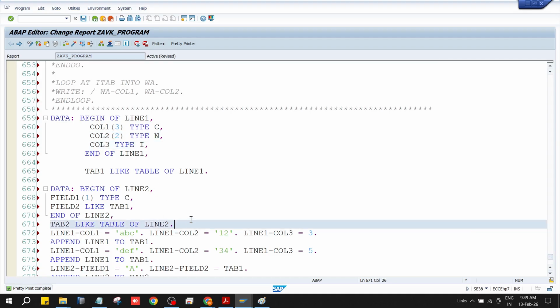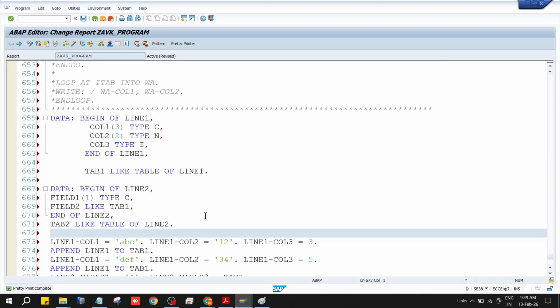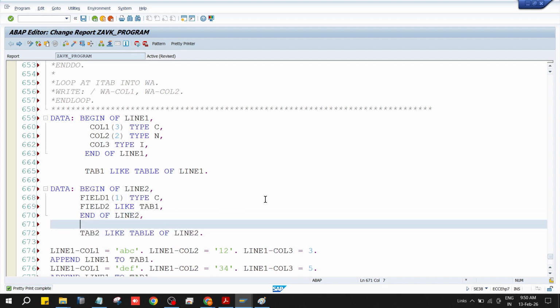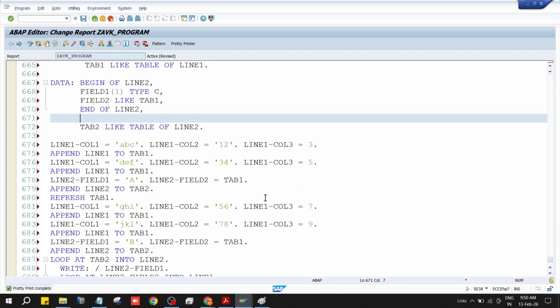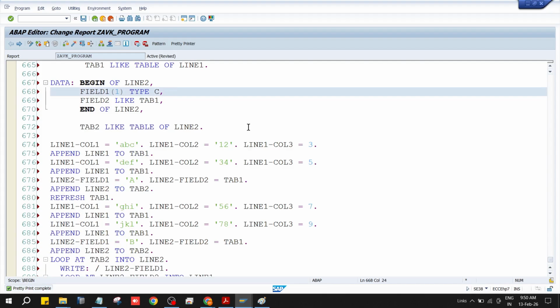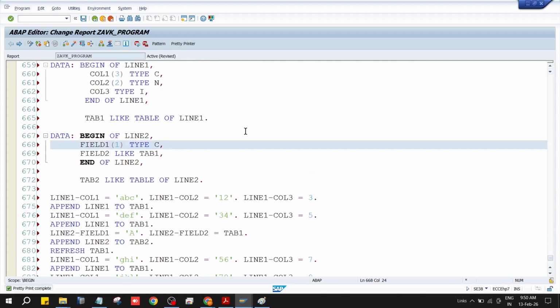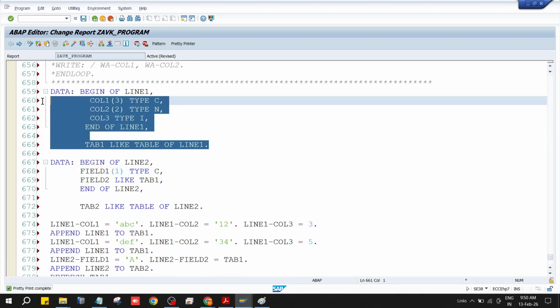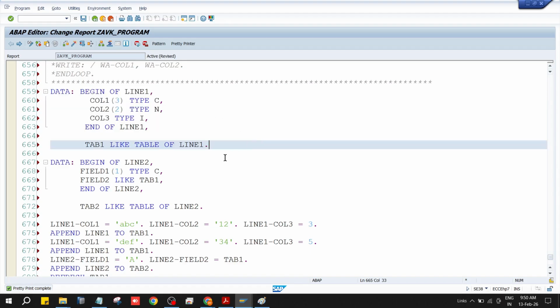Now we are going to the data statement again. With the data statement, you have to move to this approach. So this covers a second internal table, tab 2, with line 2. This is a kind of new approach altogether. First internal table, columns 1, 2, 3, very simple. This is a plain internal table. But line 2,